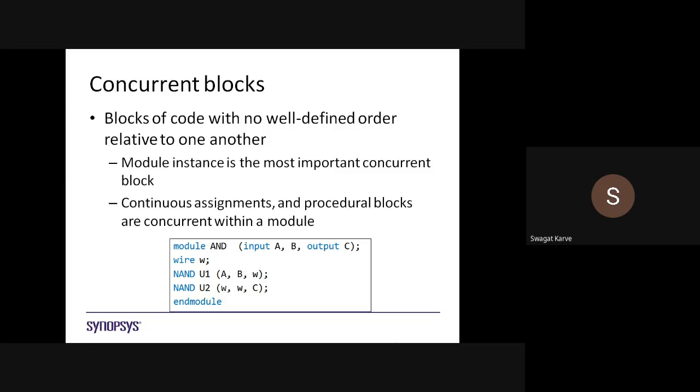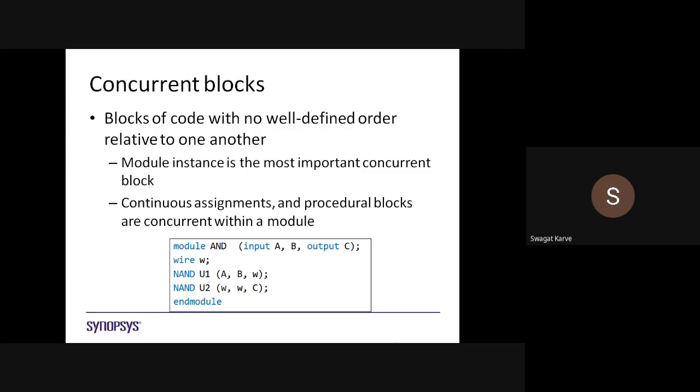As the name suggests, the meaning of concurrent will not change in Verilog. Sequential and concurrent mean the same in VHDL, in Verilog, in every language. Concurrent means parallel execution. Sequential means step-by-step execution. This is the fundamental concept. You go for any language, but the meaning of concurrent and sequential will not change. So the name indicates, concurrent blocks means what?